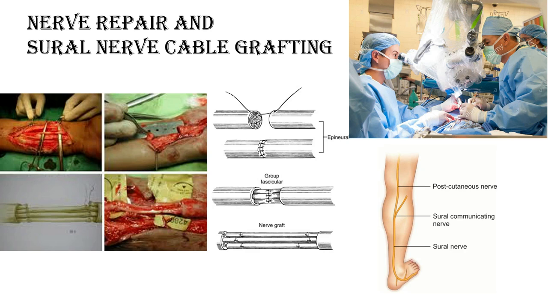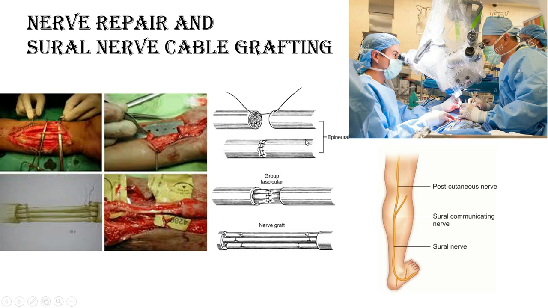Now the last topic is nerve repair. In nerve repair, if there is just a sharp cut and there is no tension over the end to end, then we can go for direct end to end repair or suture. We can use 8-0 prolene, and there is a special type of knot that has been described, and it is done under a microscope with a vessel loop. Otherwise you cannot perform this type of operation.